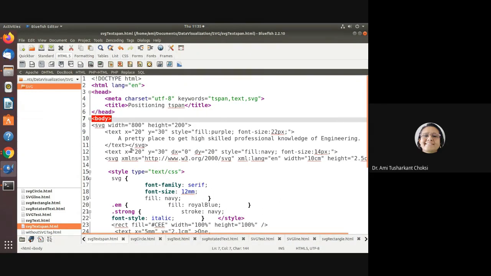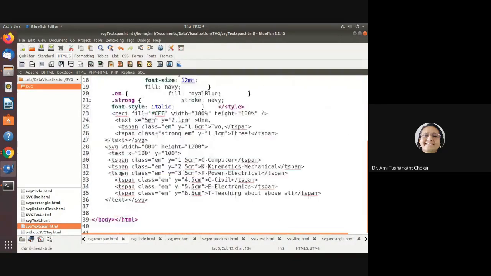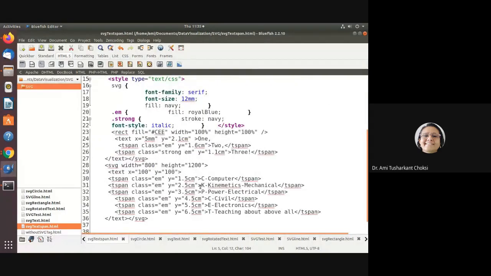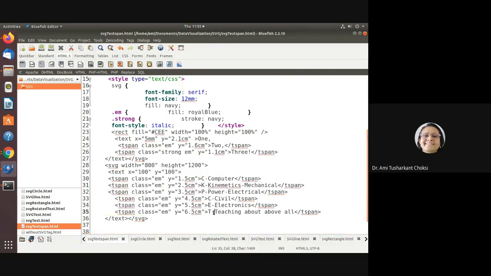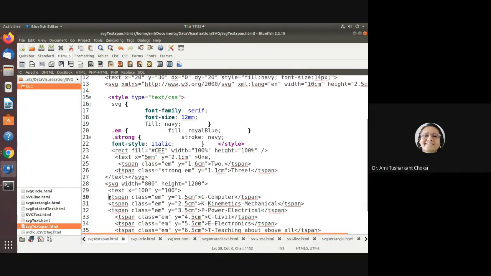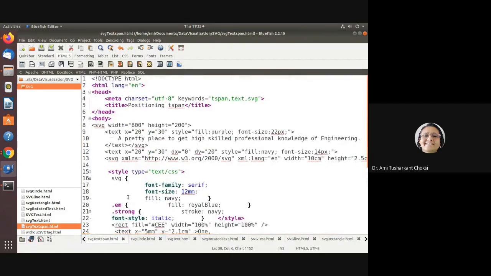Okay, now here what we are doing is whatever we wanted for our C computer, kinematics, P power, C civil, E electronics, T teaching about above all, that is for the full definition of our CKP CET, that now we have to write inside the tspan tag, isn't it? Let us see the small example and this one also.